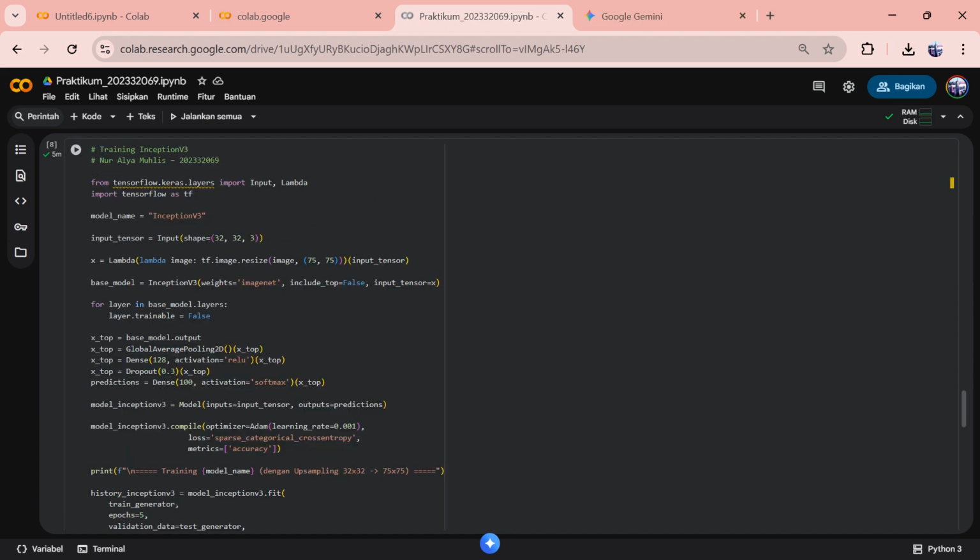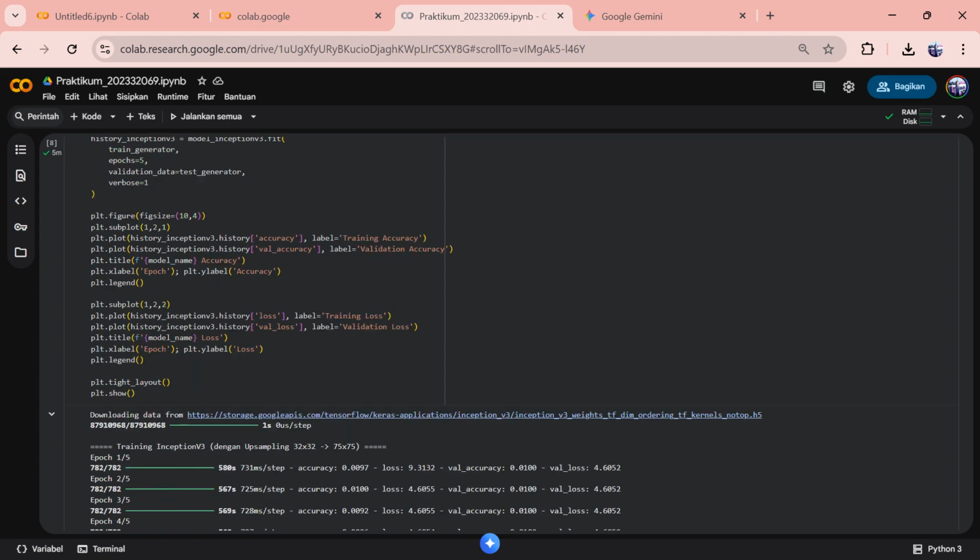To solve this in Cell 8, I manually built the model using a lambda layer to dynamically upsample the 32 by 32 images to 75 by 75. This fix allowed the model to run.